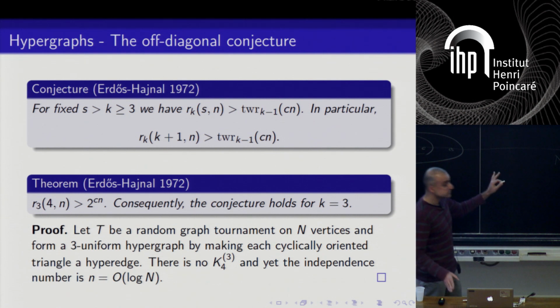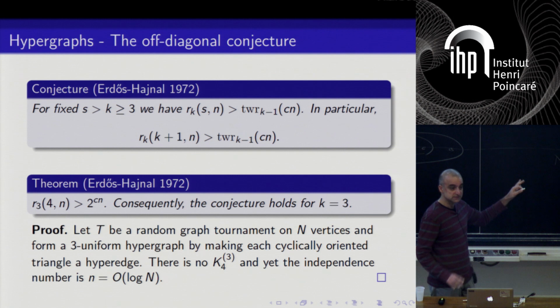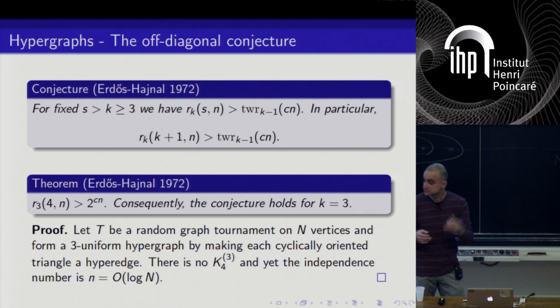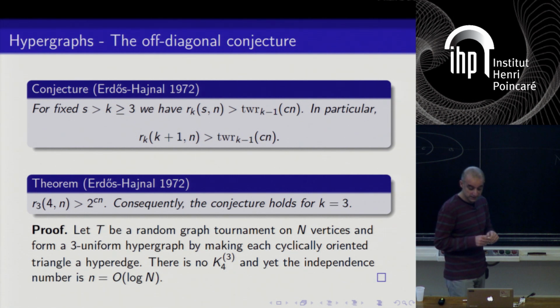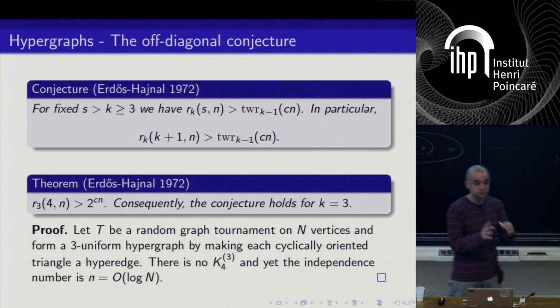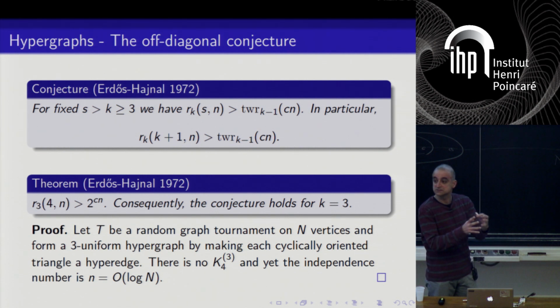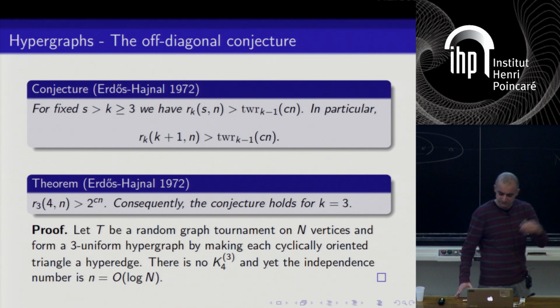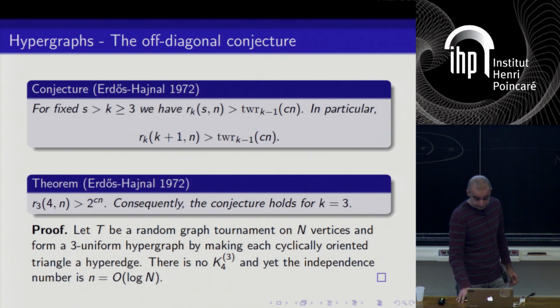The feature of this construction that I want you to observe is there has to be a component of randomness. That's to control the independent sets, in this case of logarithmic size, and then a non-random part which is going to control the non-existence of something small. In this case, it was K4. And this is a theme that sort of continues in the field.